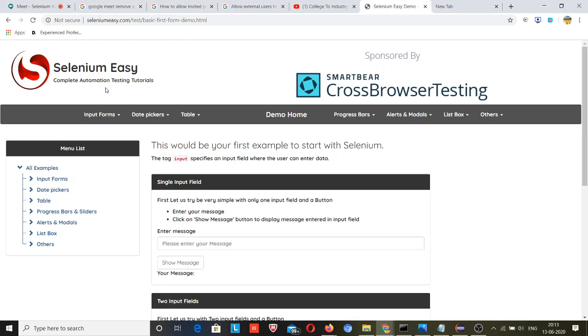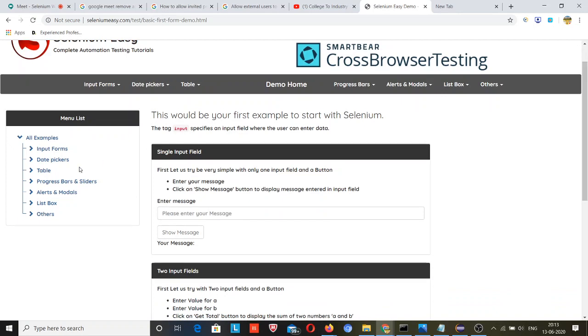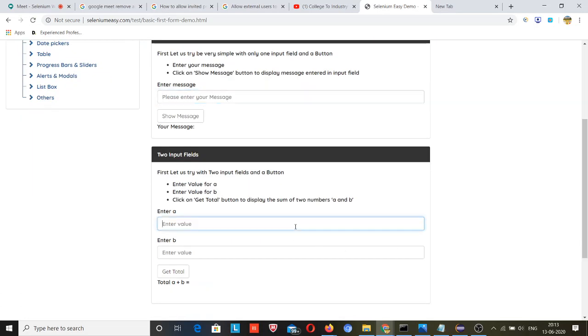But what will happen is, Selenium scans the web page from top left to right. So it will come from here and try to find the web elements, and it will find this one first, and Selenium will understand that this is the web element that I was trying to locate using the class name form control. So it will enter the value here and work fine, but my agenda was to locate this element. So this will not be a correct case, as I will locate a wrong element, but this will not be a coding error.